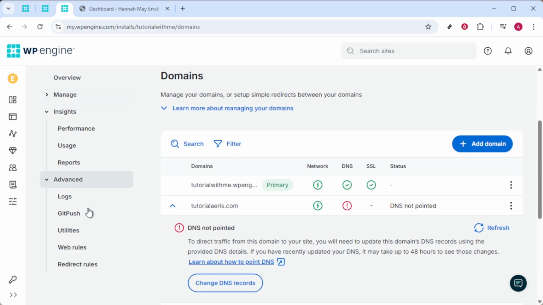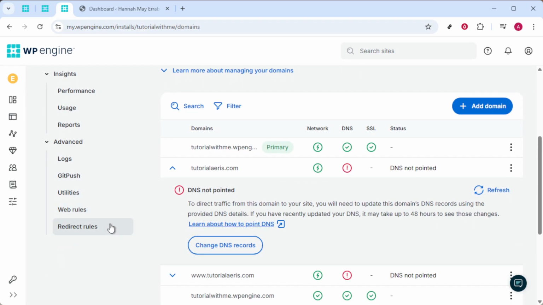And there you have it. By following these steps thoroughly, you can successfully remove WP Engine from your website URL, presenting a polished and professional